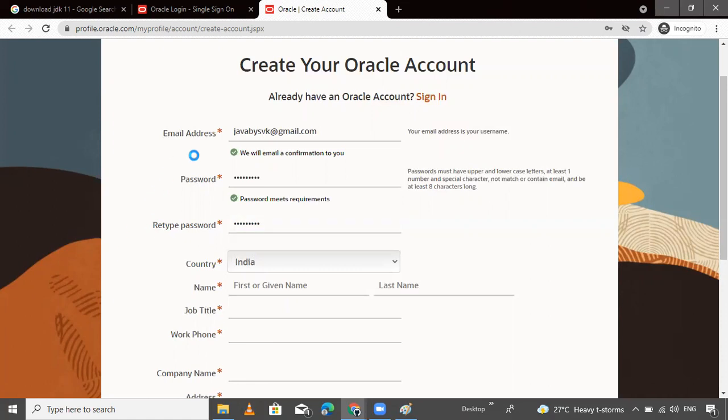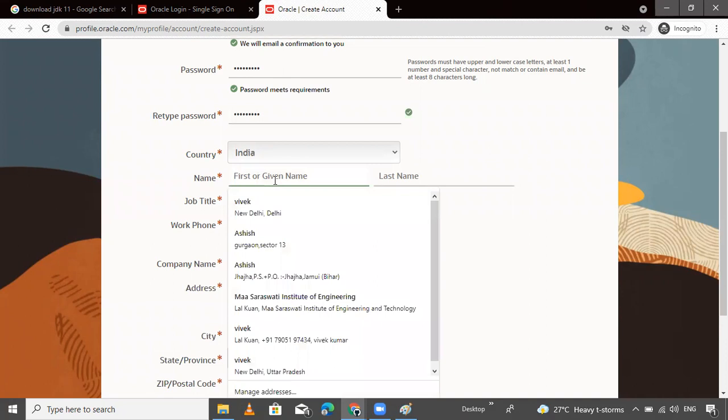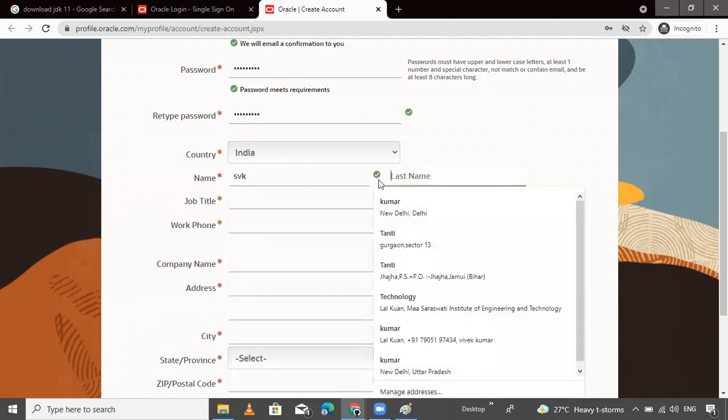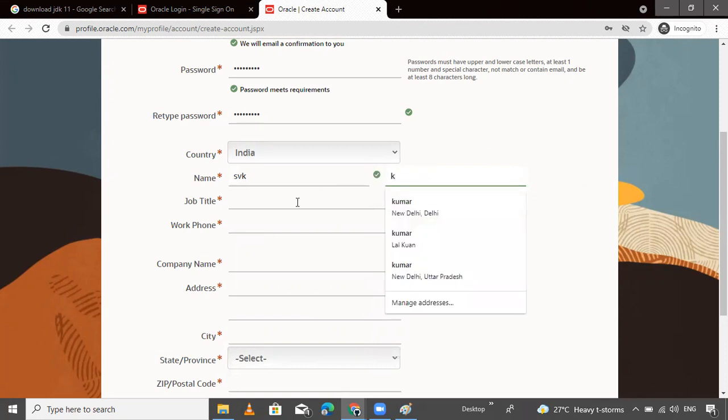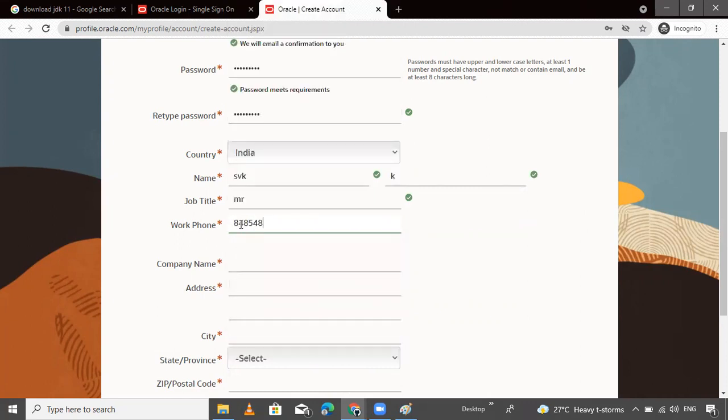Okay. Now it checks the password. Okay, match. First name SBK. Okay, last name. Title, Mr. Phone, work, provide any number here. It's not compulsory to provide the right number. Company name, provide anything here, like I want to provide iTrick.